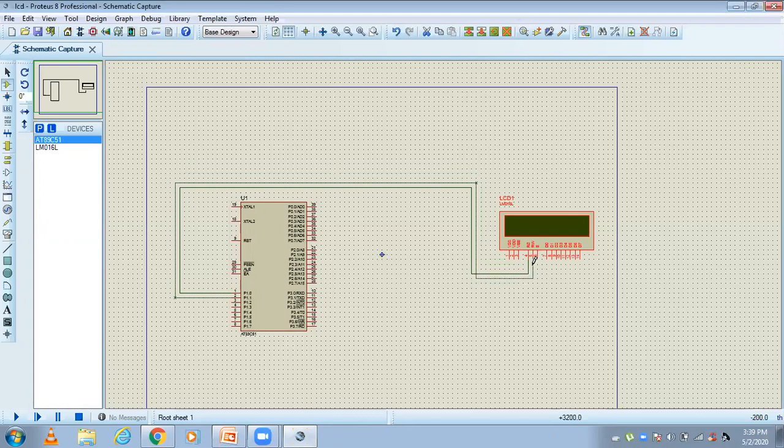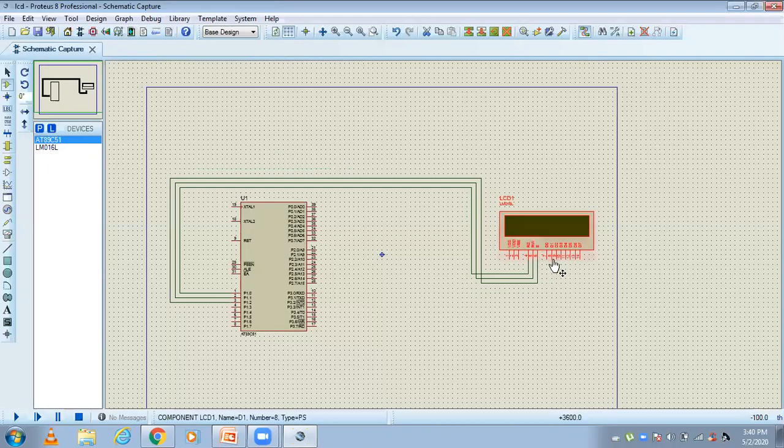Similarly, port 1 pin number 1 will be selected, and that will be connected to read/write. Then port 1 second pin is connected to enable. So these three pins are connected.